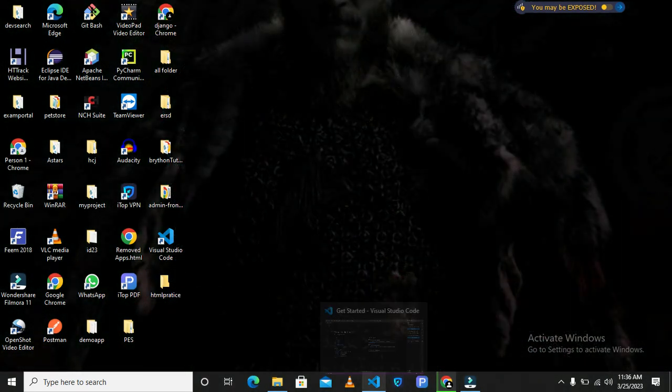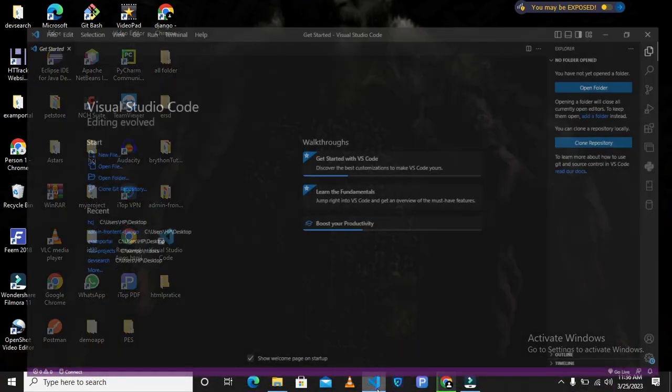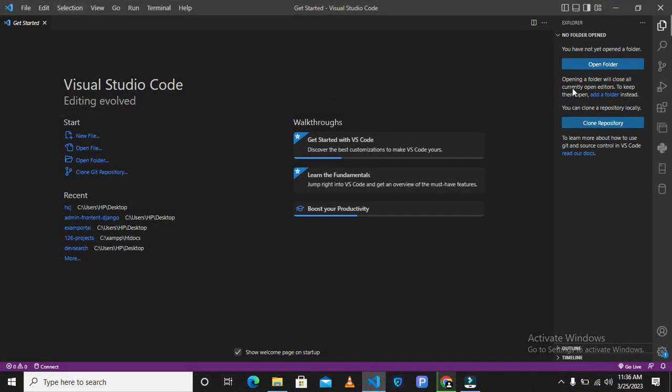So the next thing is to go back to your VS Code app. Click on it here, go back to your VS Code app. Then there is a side bar that should be at the left. I'm sorry, mine is at the right, but this side bar here containing something like this should be at the left side, at this side here. So at that side, go and search for